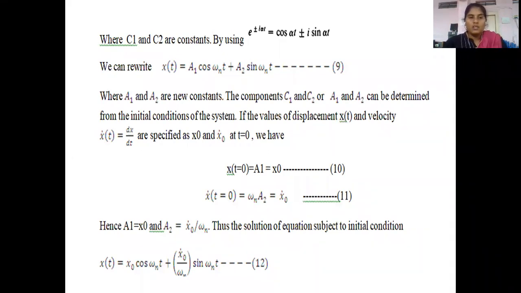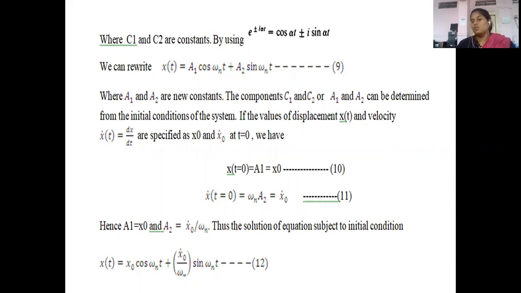Okay. So here, look, this A1 and A2 are the new constants, C1 C2 are the old constants. C1 C2 are replaced by A1 and A2 over here. And now we have to apply the initial conditions to that system. At this initial condition, the displacement x of t at time t equal to 0 is x naught. And we have to take the initial velocity, that is x dot naught, means we have to take the first derivative. The initial velocity at time t equal to 0, that is x dot 0, is v naught. Okay.